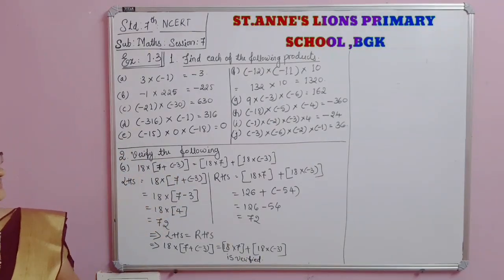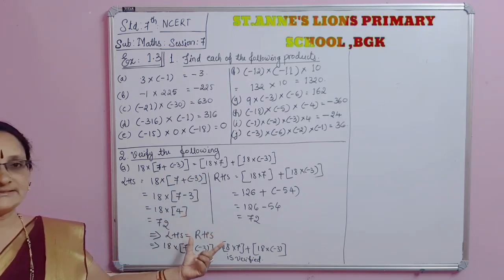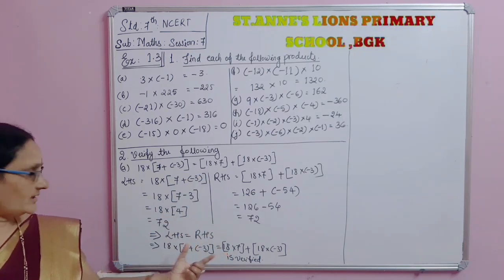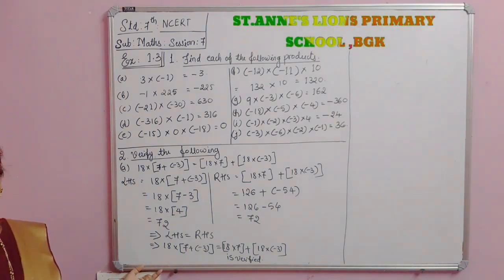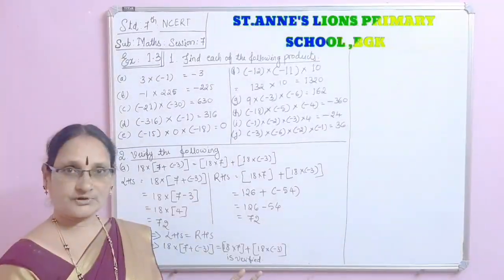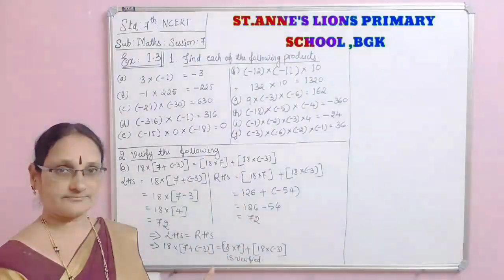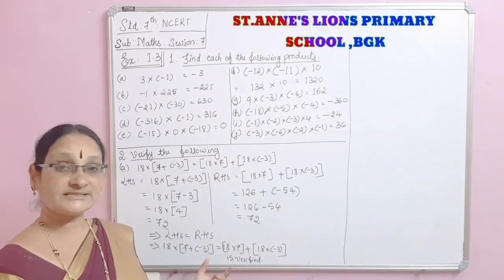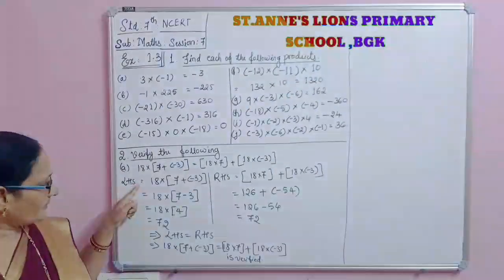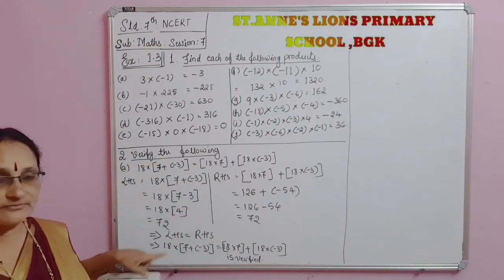This is the method of solving the problems systematically. Like this you have to solve. The equal to signs must be one under the other. See, you have to observe all these things. You are now 7th standard students. These are all things you have to learn. Solving the problem systematically, the equal to should be one under the other. One equal to here, one equal to here, one equal to here.